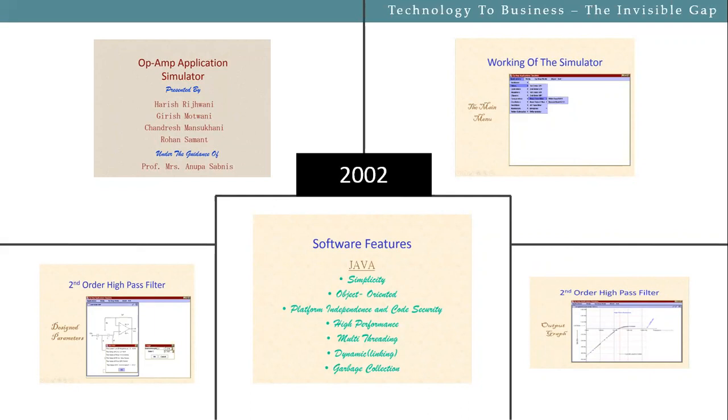Just think you're not an engineer. You're a normal person and I want to sell this to you. Would that person understand anything about object oriented, high performance, multi-threading? Would that person understand anything about it? If you explain the application in layman's terms, he can understand. Otherwise, it will be difficult. But I have already created this.